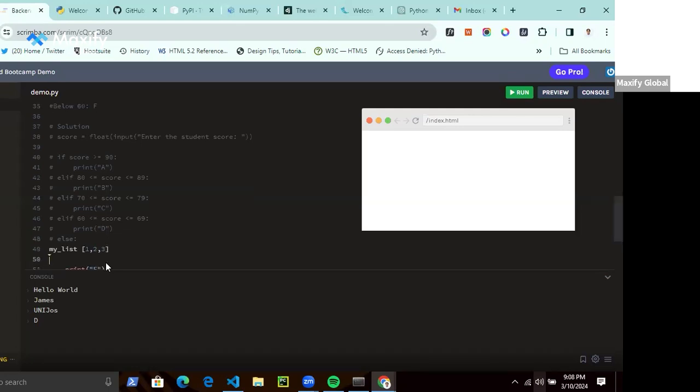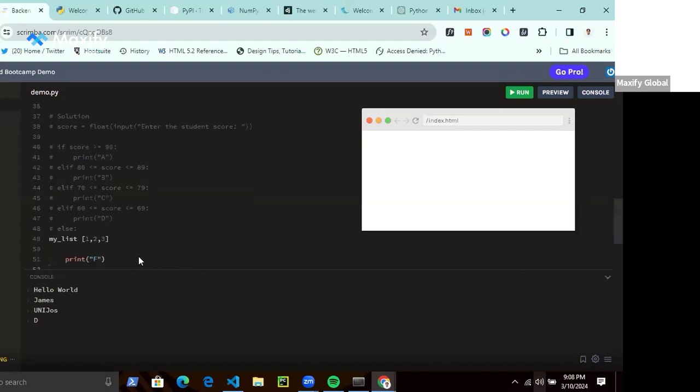What we can do is that we can run a method on this list, right? For example, we can say my list dot append. This method essentially adds a number to the list.